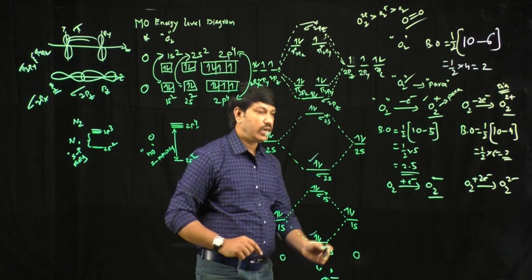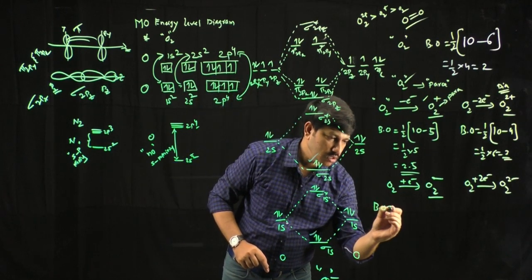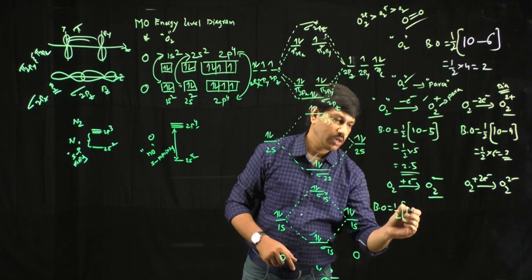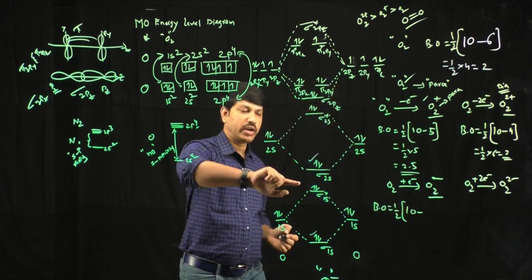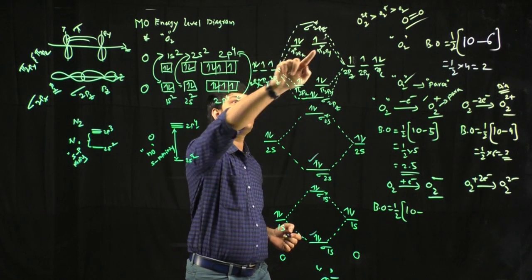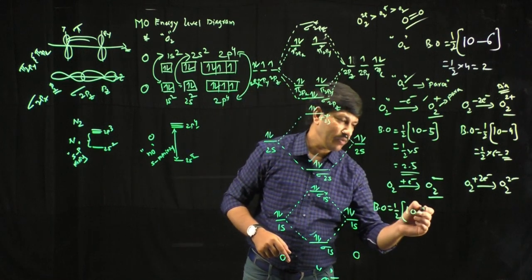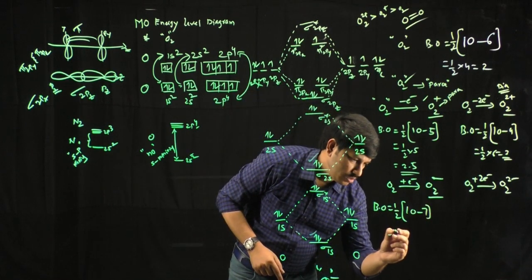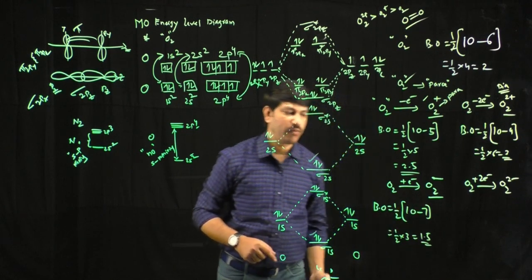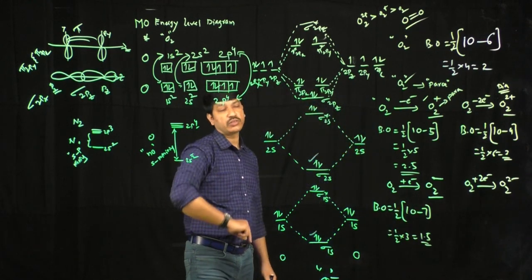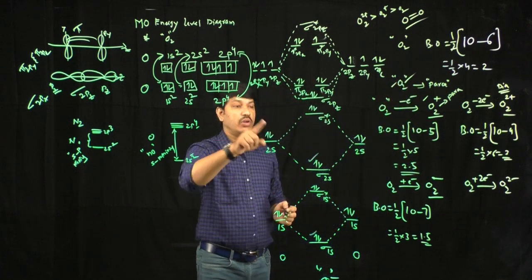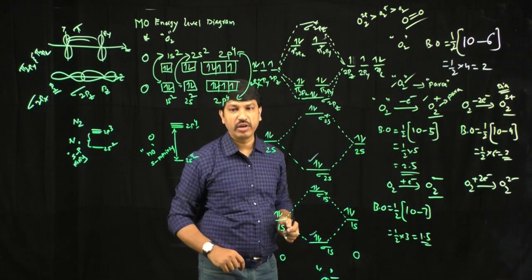3. So let us calculate the bond order value. In this case, the number of bonding electrons is 10 only, but the antibonding electrons are 2 plus 2, 4, 4 plus 3, that is 7. So half into 3 gives a bond order value of 1.5. So now the bond order value has further decreased compared to the O2 molecule, because we added one more electron into the antibonding level.